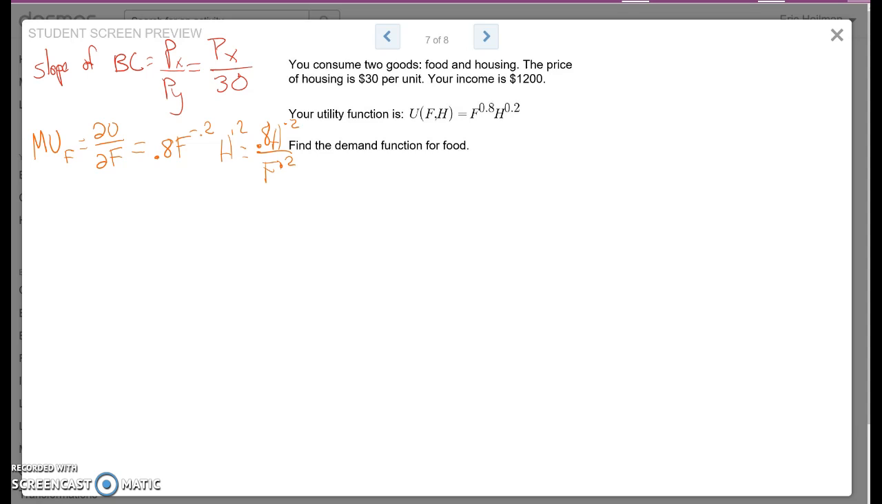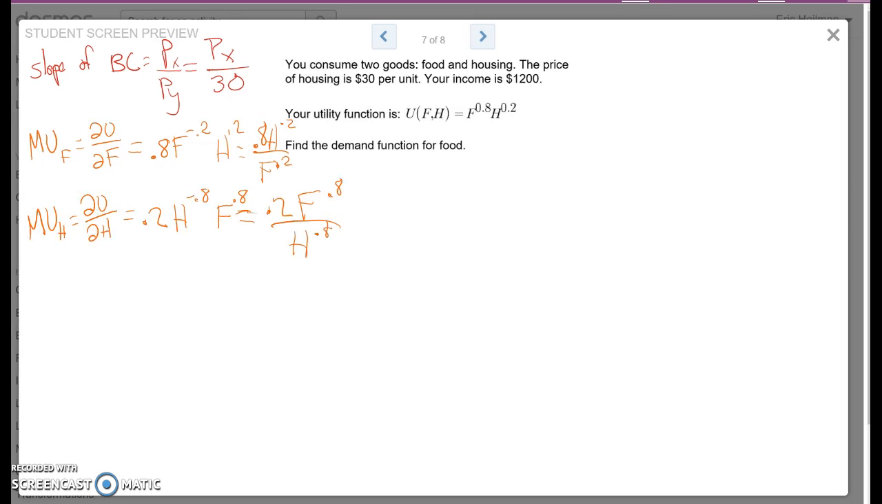All right, now I want you to find the marginal utility of housing and put your guess into PlayPosit. Okay, here's the marginal utility of housing. You get 0.2 f to the 0.8 over h to the 0.8. Now I want you to go ahead and combine those into the marginal rate of substitution. Our horizontal good here is food. So we're going to put